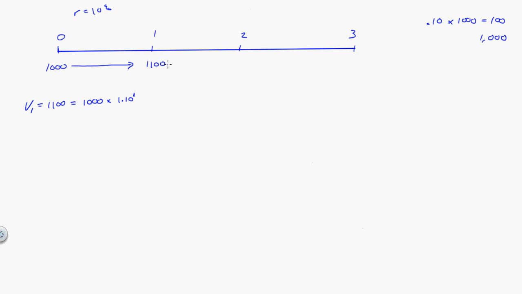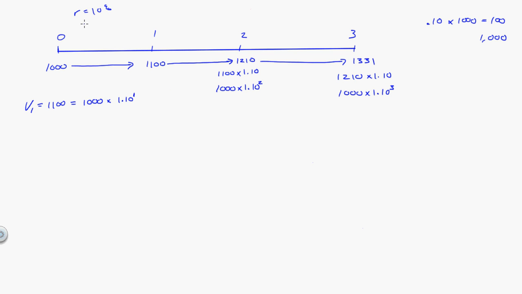So I take this $1,100 and I let it sit in the bank for another year. What happens here? Well, that becomes $1,210. Where did I get that? It's 1,100 times 1.1, which is the same thing as saying $1,000 times 1.1 twice, which is 1.1 squared. If I let this $1,210 sit in the bank another year, it becomes 1,331. Where did I get that? The 1,210 times 1.1, which is the same thing as saying $1,000 times 1.1 3 times, which is 1.1 cubed.